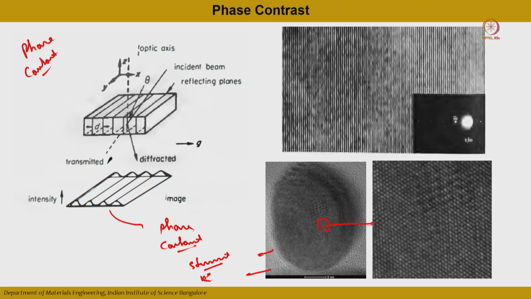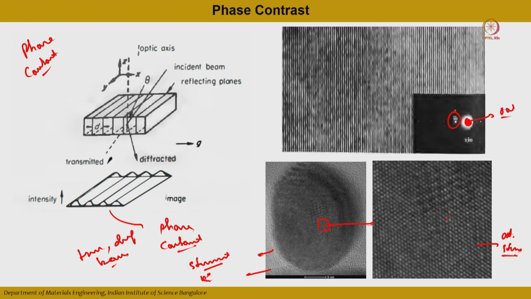And these intensities are nothing but the resultant phase or resultant intensity of the total transmitted and the diffracted beams. That results in a series of bright spots on the image, and these are nothing but the atomic structure of the sample from that region. Now, if you go to a 2 beam condition, for example, you can see this is your central spot, the 0 spot, and this is your 1 bar 1 spot,